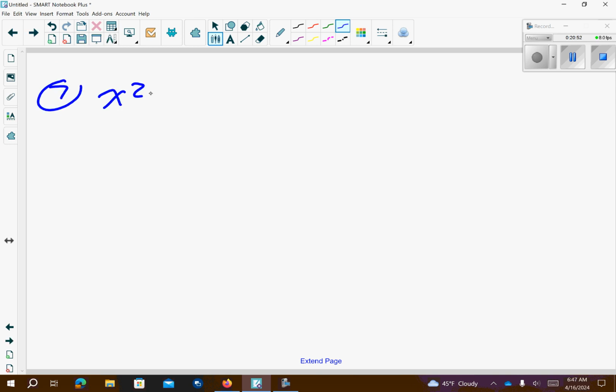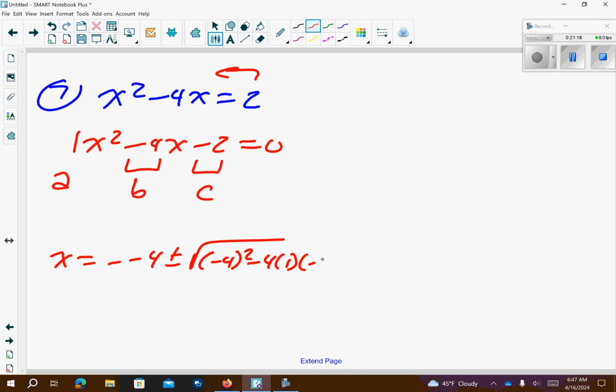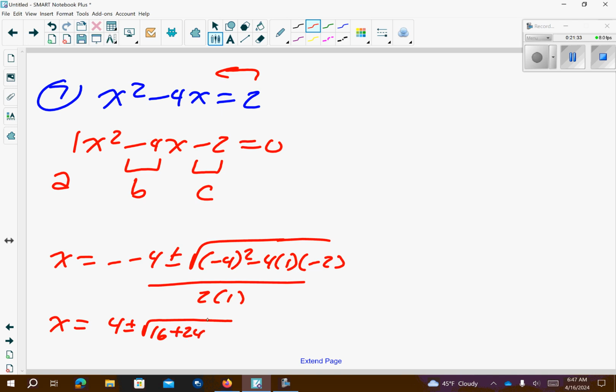Number 7, I get x squared minus 4x equals 2. You want to bring this 2 over this way, so I'll subtract it. So there's a 1 out front, so a is 1, b is negative 4, c is negative 2. So x equals negative b plus or minus the square root of b squared minus 4ac, all divided by 2a. So x equals 4 plus or minus negative 4 squared is 16. Negative 4 times 1 is negative 4. Negative 4 times negative 2 is positive 8,